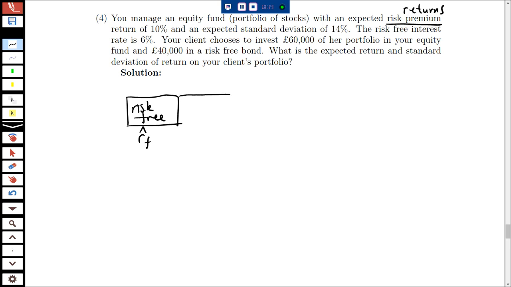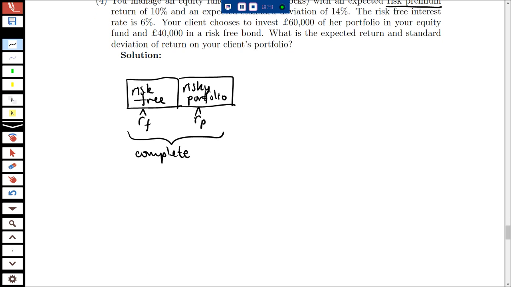We have some risky portfolio, which has an expected return of RP with a hat on it, and this is the complete portfolio. Okay, it's a mixture of risky and riskless assets. So this is our complete portfolio,